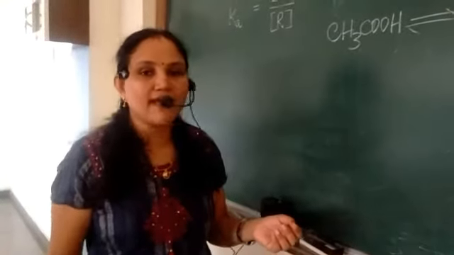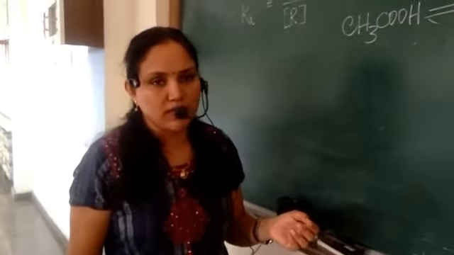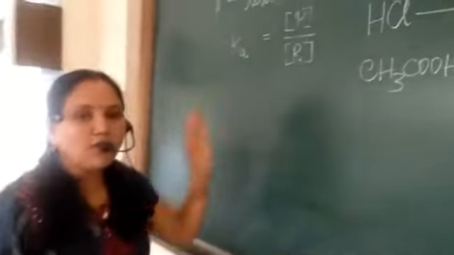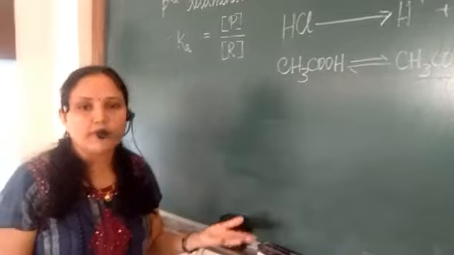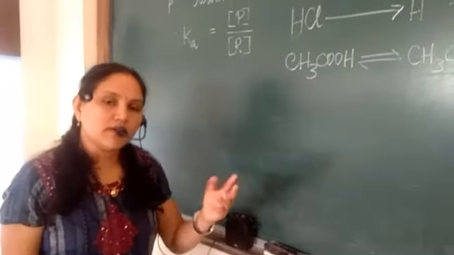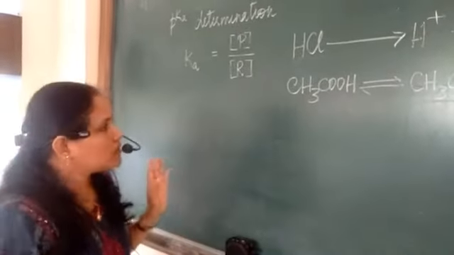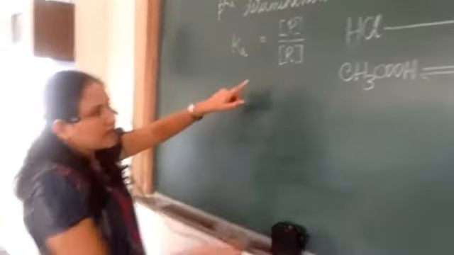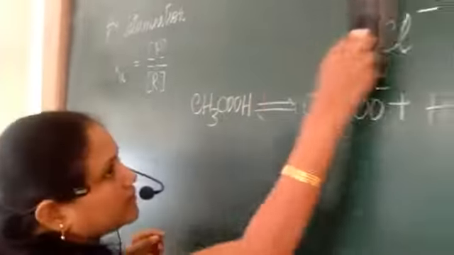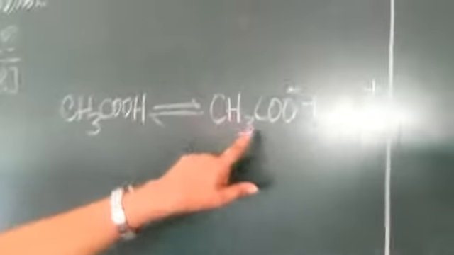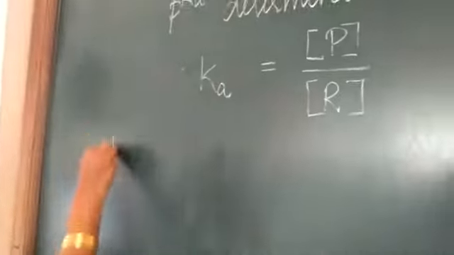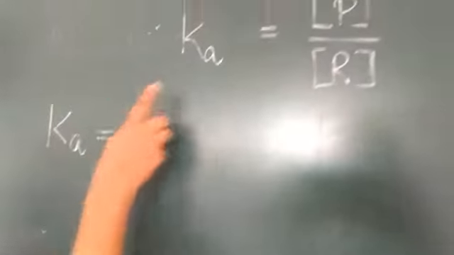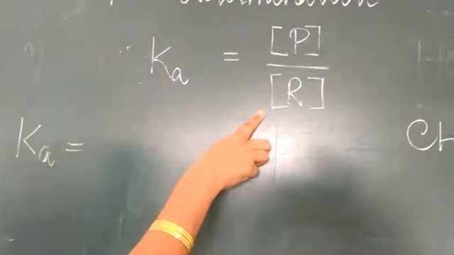So when we have to decide the strength, we need to know the dissociation constant. In this experiment, you will be given a weak acid, acetic acid. You have to find the dissociation constant of the given acid. Now let us substitute, considering this equation. Acetic acid dissociates to give acetate ions and H plus ions. I substitute into the dissociation constant Ka. Substituting that, Ka is equal to concentration of product by concentration of reactant.